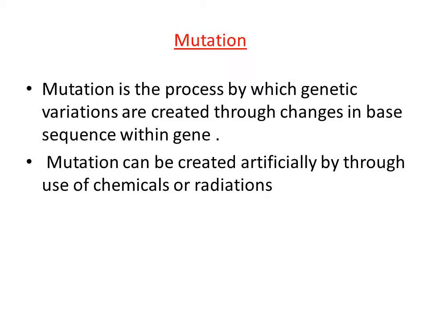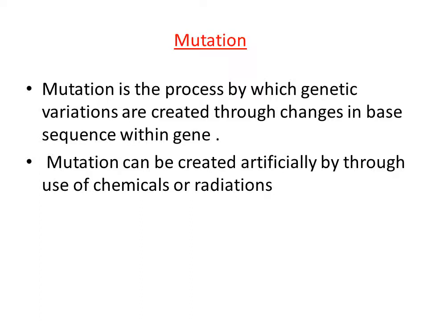When we pass some radiations on the gene, it is possible to change the base sequence of that gene. For example, they use gamma radiations. When they pass the gamma radiation, the base sequence of the gene will get changed,